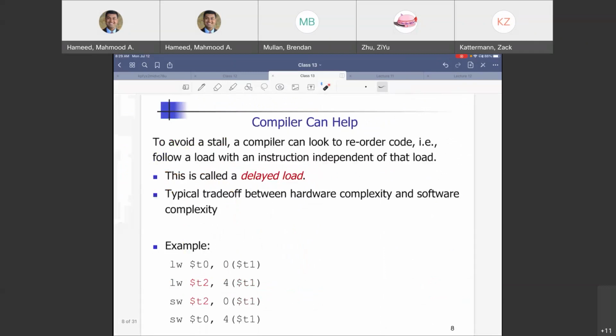Okay, next, we talked about this a little bit. Let's take a look at an example as well. Compiler can help. Complex compilers can rearrange the code in order to help with the instruction immediately after the load. So what you can do is this. In software, you can check the output of the hazard detection unit. If it detects a load use hazard, then you can attempt rearranging the code. Essentially, remove the instruction immediately after the load to bring in an instruction that is independent of the destination of the load instruction, which is called a delayed load.